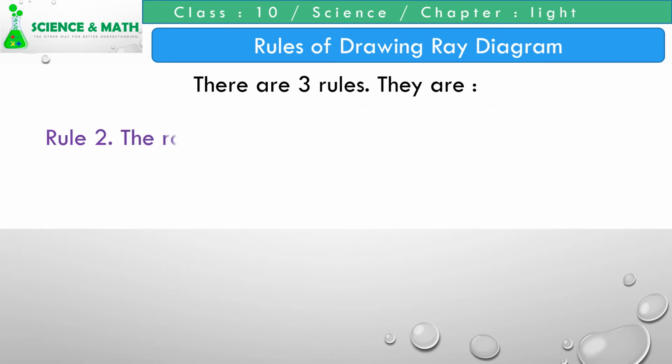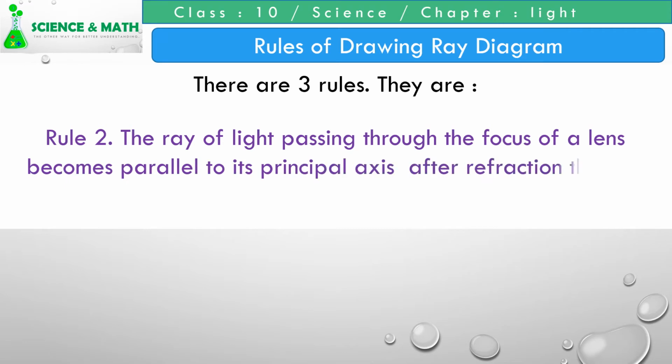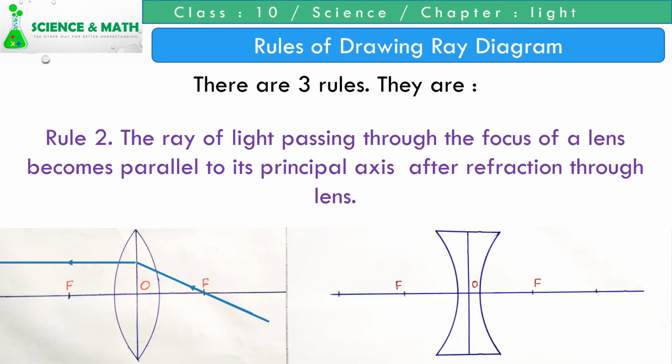Rule 2. The ray of light passing through the focus of a lens becomes parallel to its principal axis after refraction through the lens. In case of convex lens, and in case of concave lens,